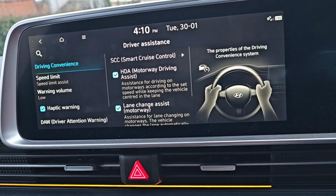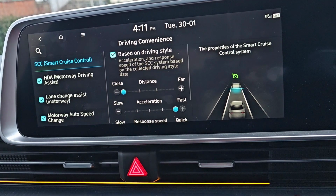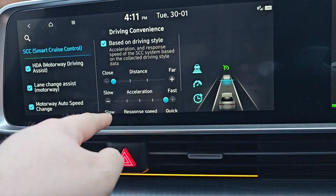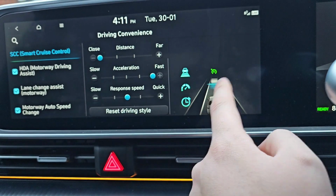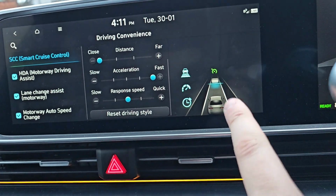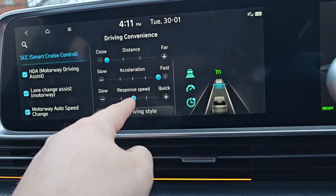So starting at the top, smart cruise control. Here, you can change all of the reaction settings for the adaptive cruise control. At the moment, the distance is quite close to the car in front. Acceleration is, for example, if you're following a car at, let's say, 50 miles an hour when you're meant to be in a 70, and the car moves over, this setting selects how fast you then want the car to accelerate up to the speed you've set on the adaptive cruise control. And then the response,